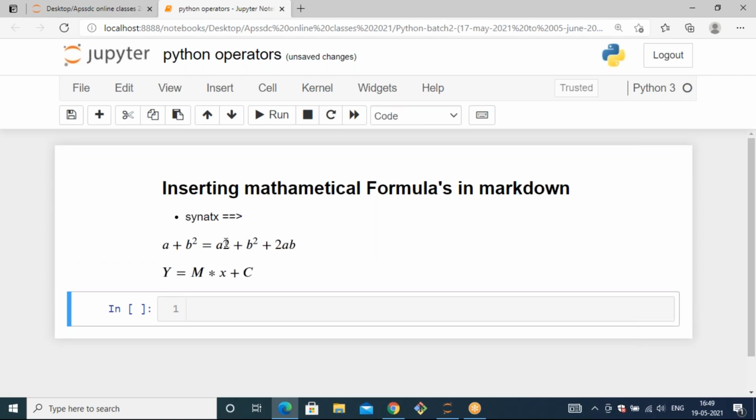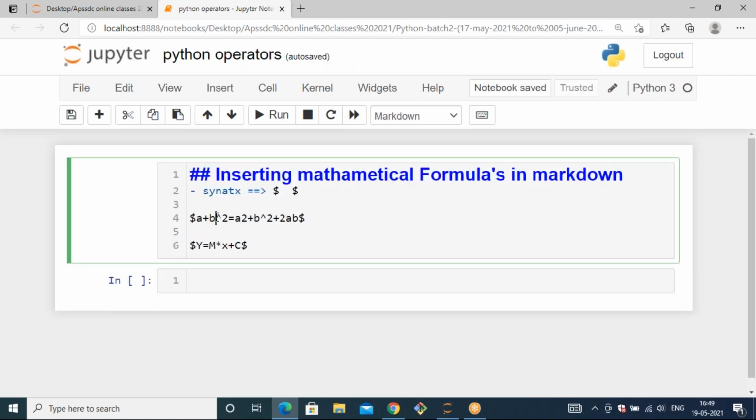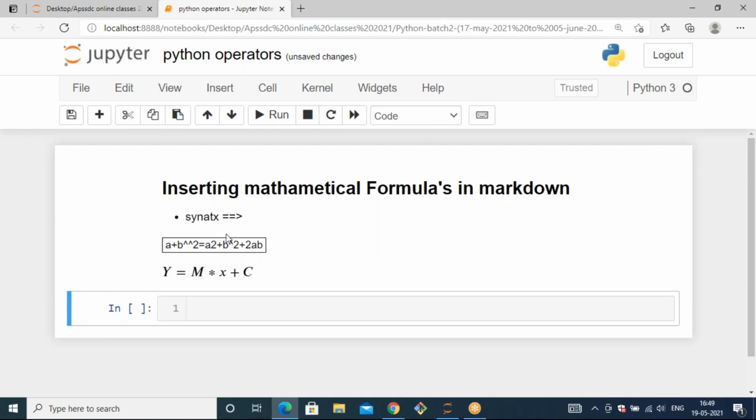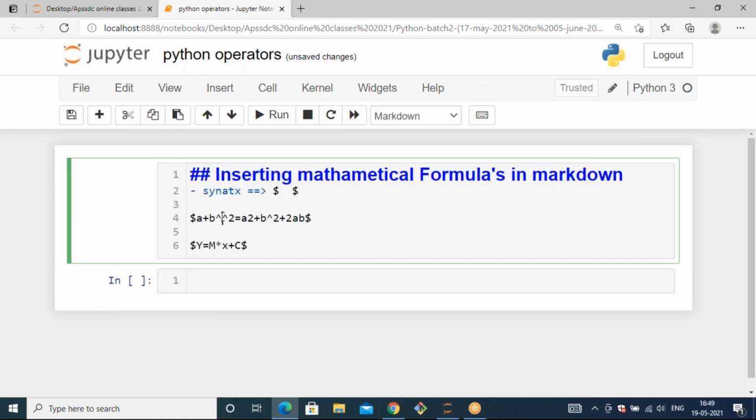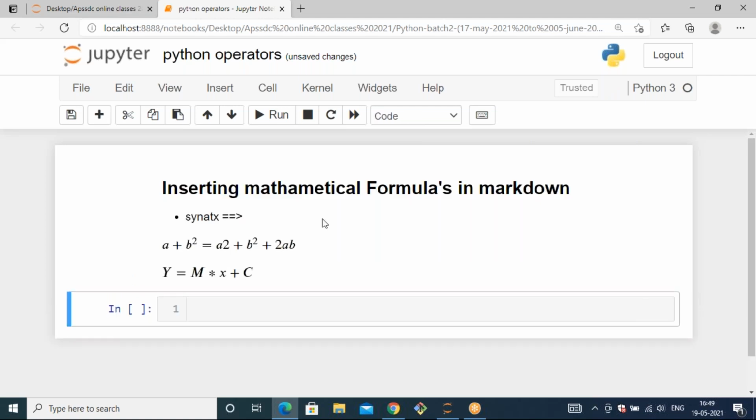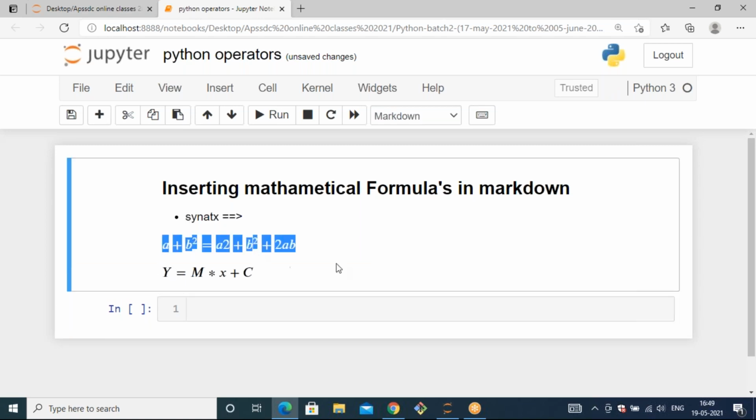So for a single cap it also works fine. What if I use two caps? Let's observe. So yes, you need to take a single cap only, not two caps. Sorry for that. Whenever you pass a single cap only, you will get the correct formula like this.